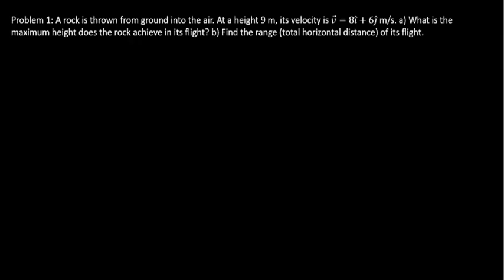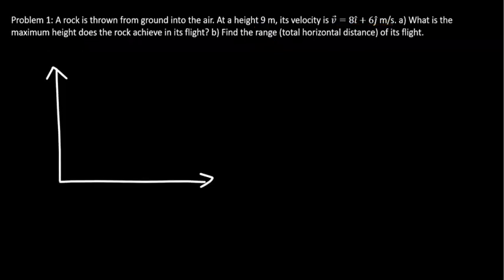Let's look at a few problems associated with projectile motion. Problem 1. A rock is thrown from ground into the air. At height 9 meters, its velocity is given by this expression, 8 i hat plus 6 j hat meter per second. What is the maximum height the rock achieves in its flight, and also the range, or the total horizontal